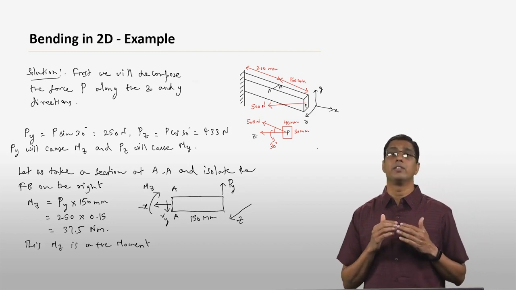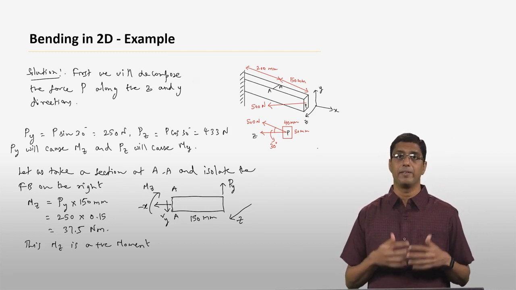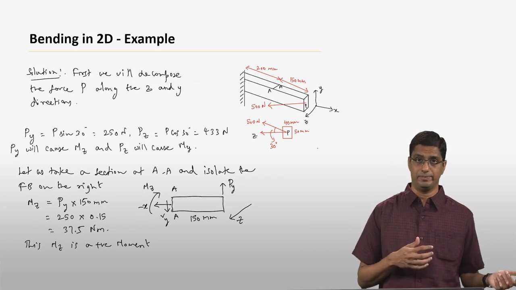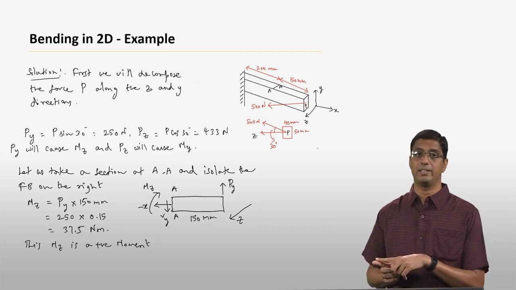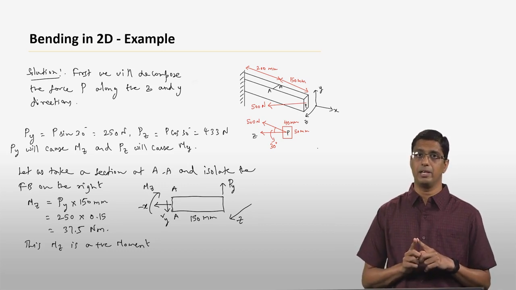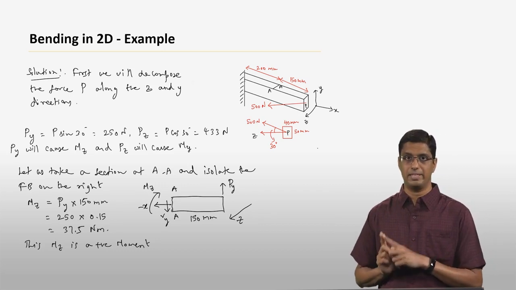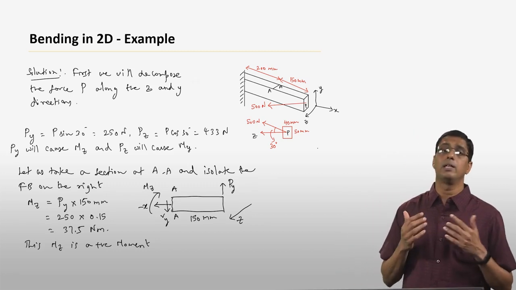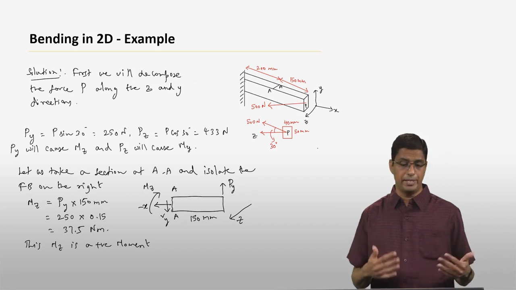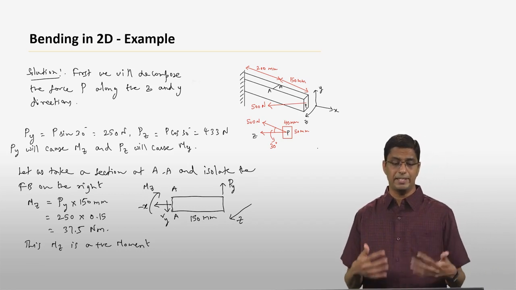Similarly, the force Pz will cause a moment along the Y direction. If the force is along a particular direction, it can't cause a moment along that direction because M is R cross F. It has to be perpendicular to the direction of the force. Now once we know that Py is going to cause an Mz and Pz is going to cause an